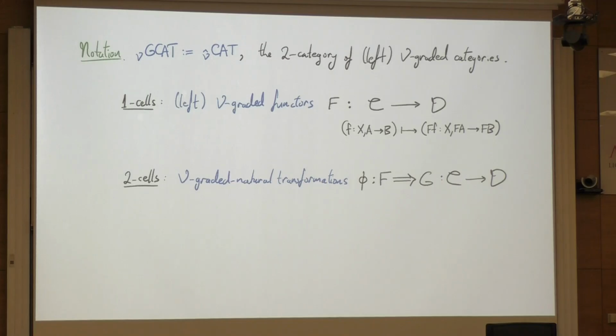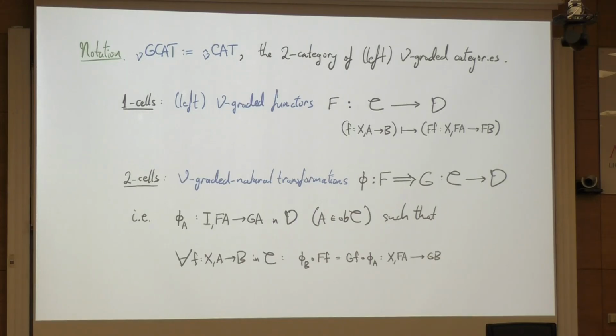And writing them in the standard way, such a thing consists of a family of graded morphisms, but here where the grade is I, so these are actually morphisms in the underlying ordinary category of D. And we have a family of morphisms of this form, such that for every graded morphism F of the given form in C, the domain, this equation holds. And it's about the simplest naturality equation we can imagine. This is again for strict monoidal V.